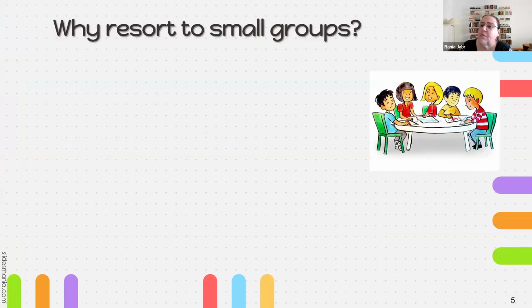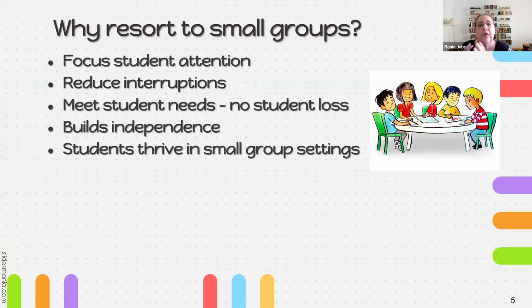So why are we doing small groups? We want students to focus, and they often drift and lose concentration, to reduce interruptions, and to incorporate all the students in the groups. I feel when they are part of the group, another member would bring their attention back if they drift or start looking at their phone or, I don't know, Googling for something. Small groups are independent. They can find and figure out their own mistakes working together.